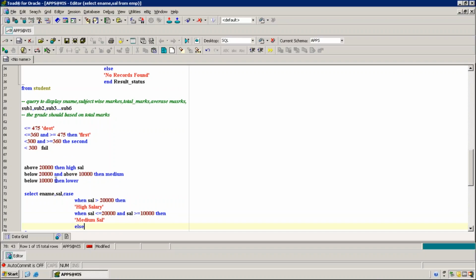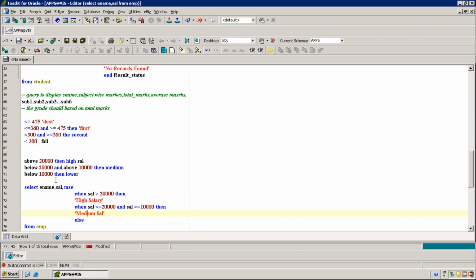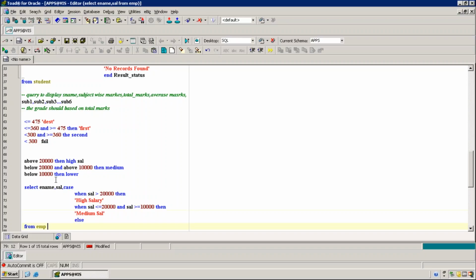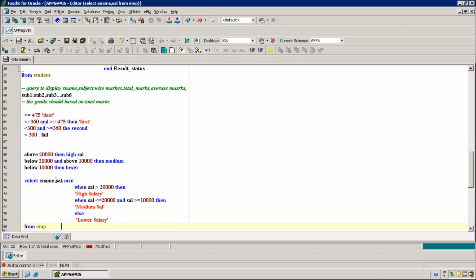You can define it with else. Else, low salary. Understood? Clear?